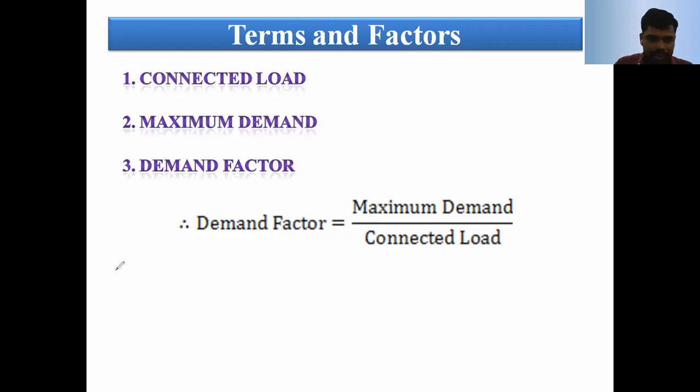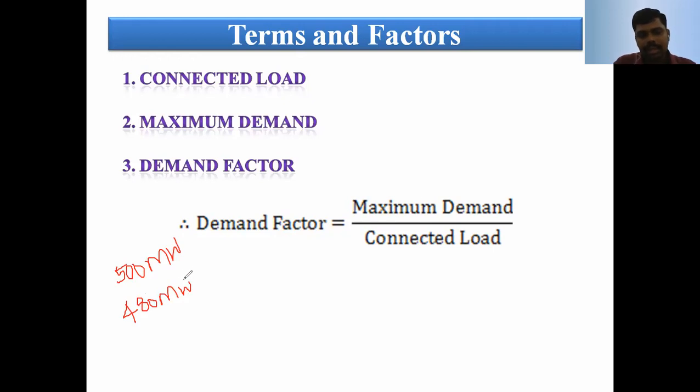Maximum demand on the power plant. Already you have taken one example. That is the plant capacity, that is 500 megawatt on the particular power plant, either a thermal power plant, hydro power plant or nuclear power plant. The plant capacity is 500 megawatt, but the generation capacity is 480 megawatt. That is the maximum we can generate in the particular plant.